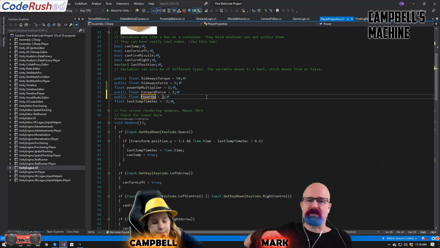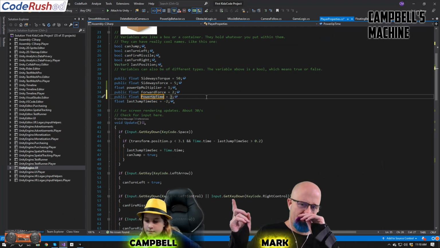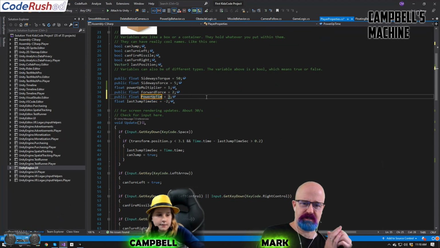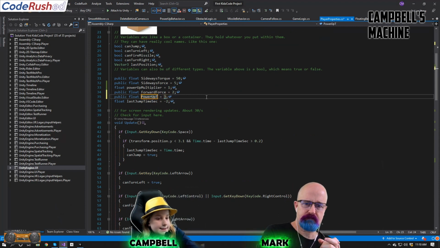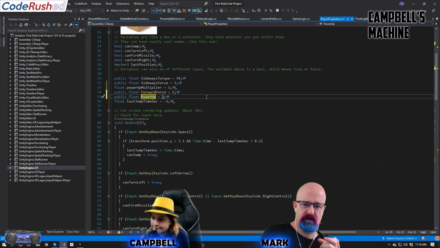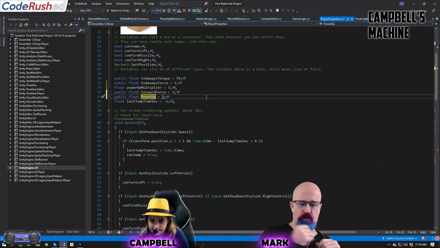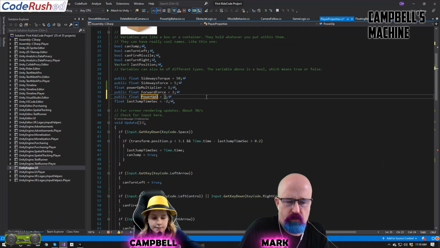So we'll do power up time, but we also need a float that's the death time. Or this could be power up duration. I like using the word duration here instead, because we're not setting a time for it to die. We're setting the amount of time that it lives. Right, that's basically what we're setting in Unity, and then in our code, we're going to figure out when its